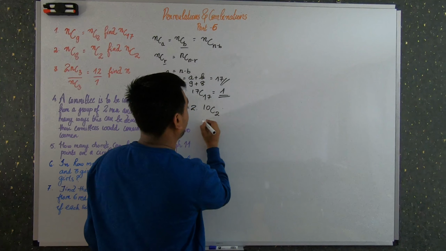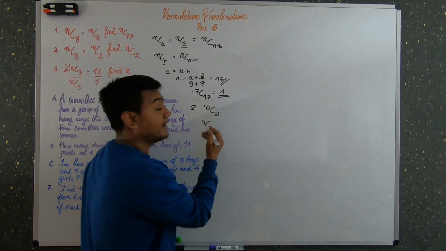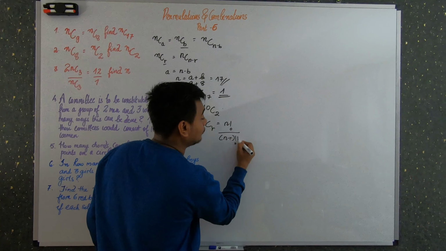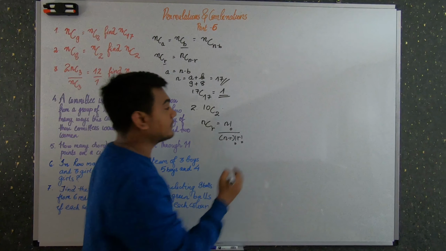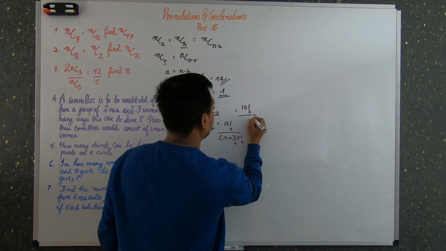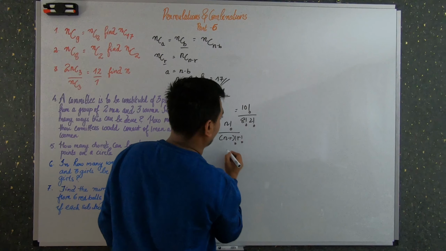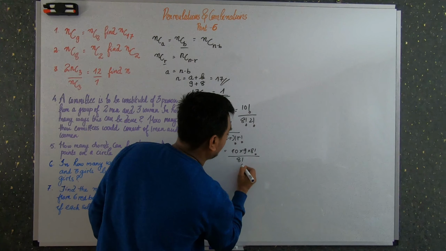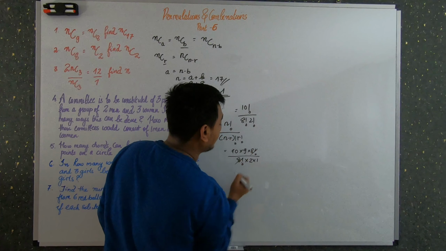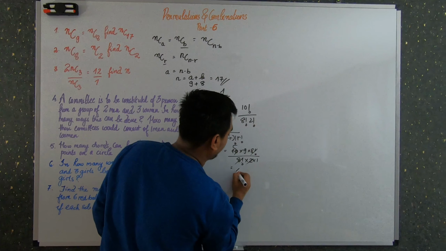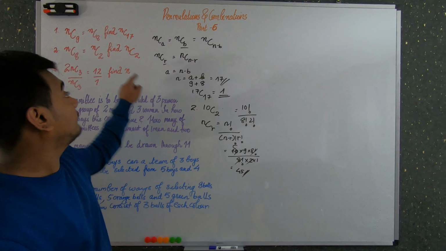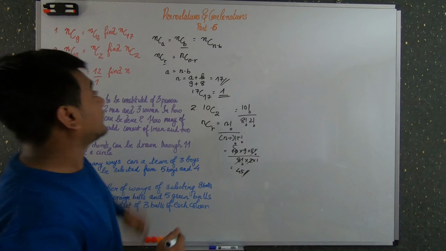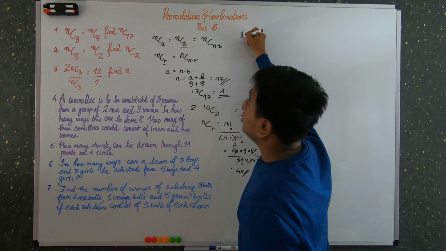So what is the formula for combination? nCr is equal to n factorial by n minus r factorial into r factorial. Just substitute all of this into the equation. So 10 factorial by 8 factorial into 2 factorial. What is 10 factorial? It is 10 into 9 into 8 factorial, right? So 8 factorial into 2 into 1. So this will get cancelled, and 10 by 2 is 5. So you'll get 5 into 9, 45. So this is the value for the second problem. I hope it's clear.